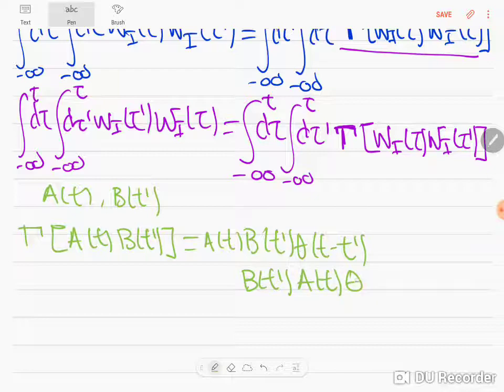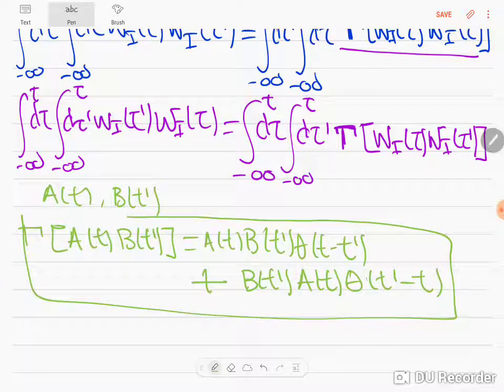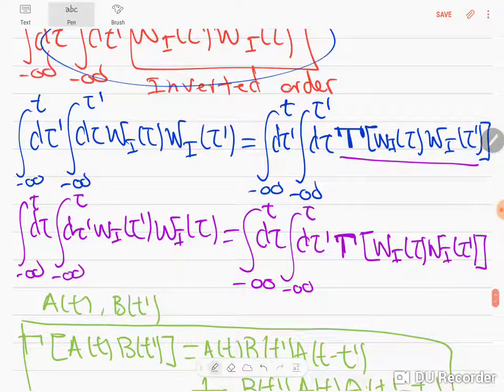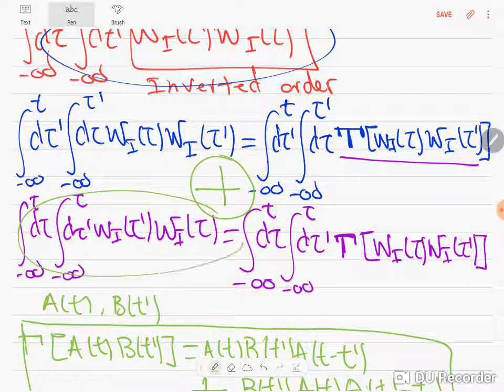So that means that you have to put to the right side theta of t prime minus t. So then when one time is greater than the other, one of these two terms will survive. Okay, that's how we interpret the time ordering operator in products of operators evaluated at different times. Now, what's next here? What's next here is that we're going to add these two integrals. To the left side, these two integrals have the same value. Okay, so this integral here gives exactly the same value as this integral here,